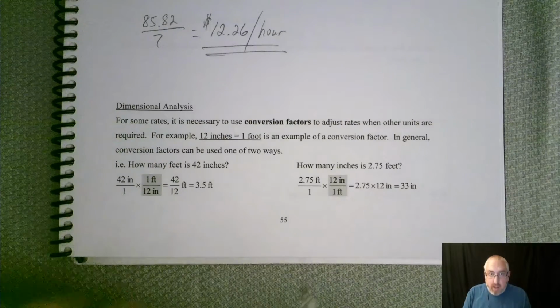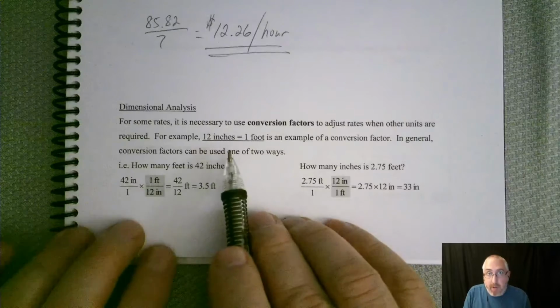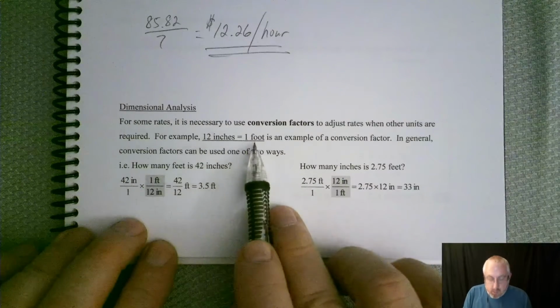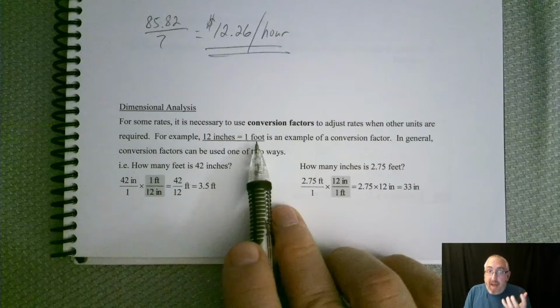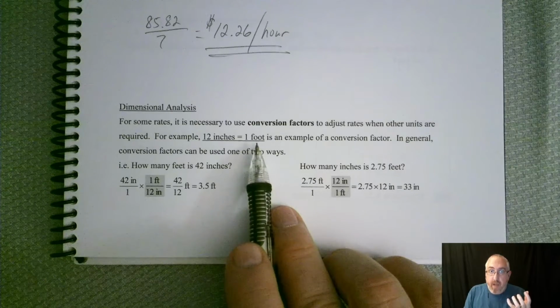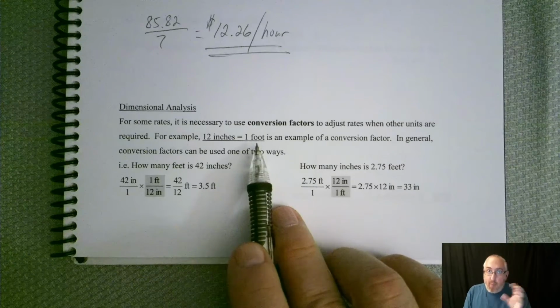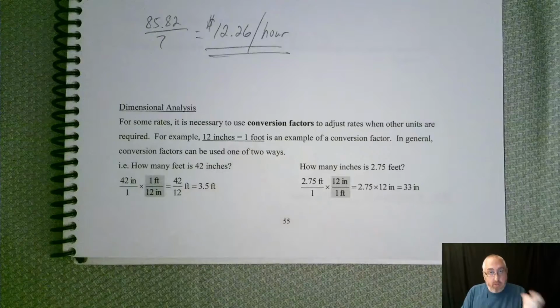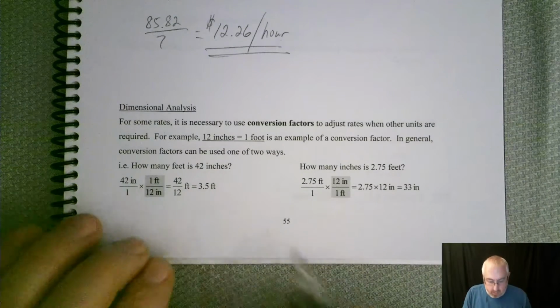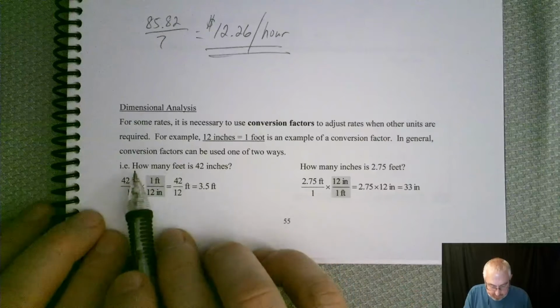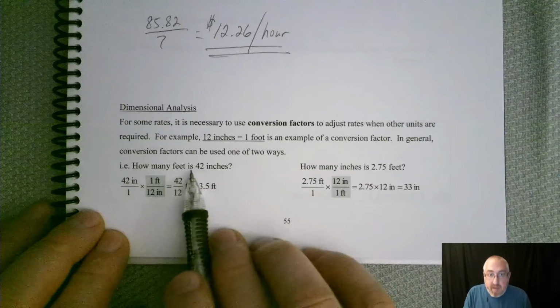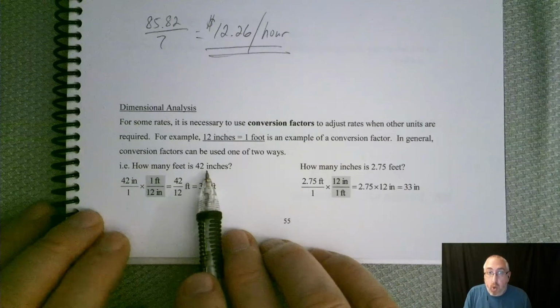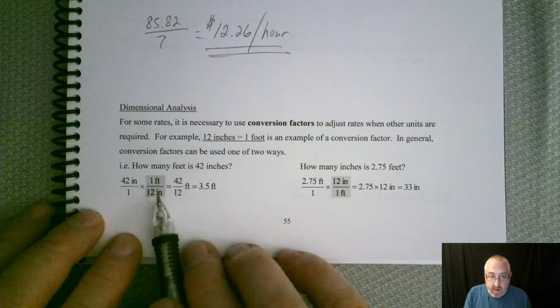So let's take a look at another example, one that you probably know. 12 inches is 1 foot. So that is a conversion factor. Now we can use that one of two ways to transform something into a different sized unit. So let's take a look at two cases. If we wanted to know how many feet were in 42 inches, we could use that conversion factor in this